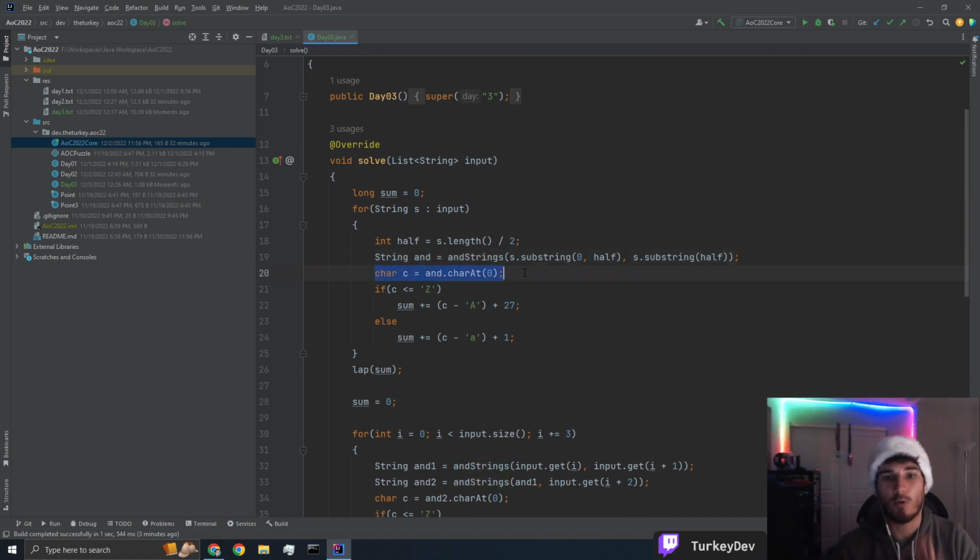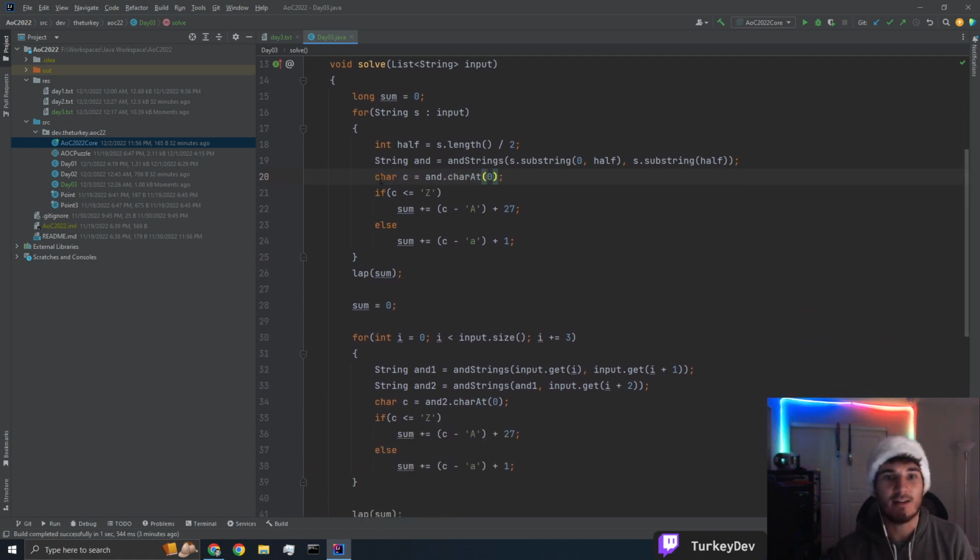In this case, we're only going to get 1 letter, so we can simply just do a char at 0. And then given that char, if it is less than the uppercase Z, this is where we get ASCII and how chars work in Java. If you're not familiar with it, look into chars more. But basically, because chars are just numbers, we can simply check if this char's number is less than the number for the ASCII Z, which is uppercase, because uppercase comes before lowercase. I don't know the reasoning there, but it does, which in that case means that we have an uppercase letter,